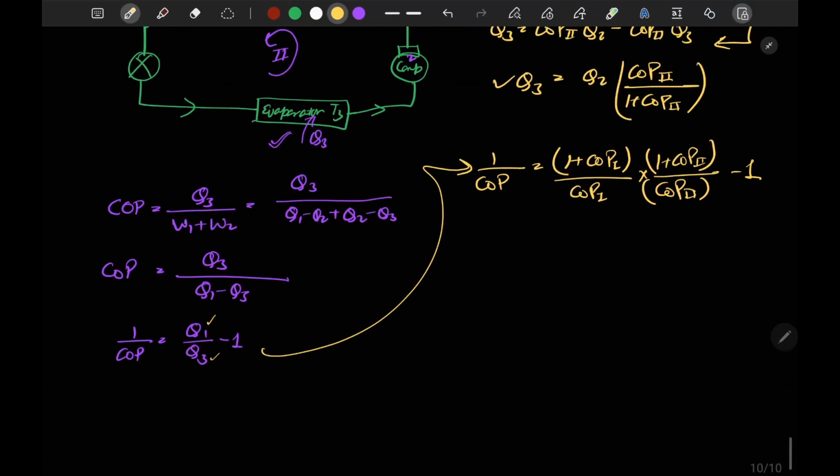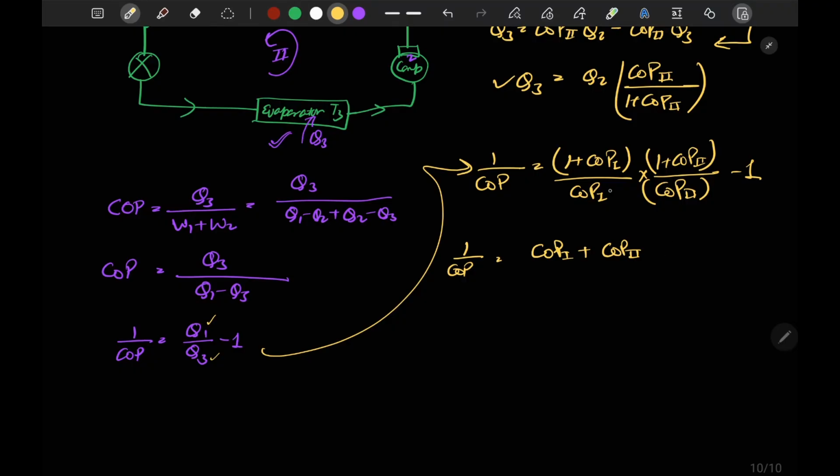Now if we solve this, we will get 1 upon COP is equal to, after multiplying this, COP1 plus COP2,